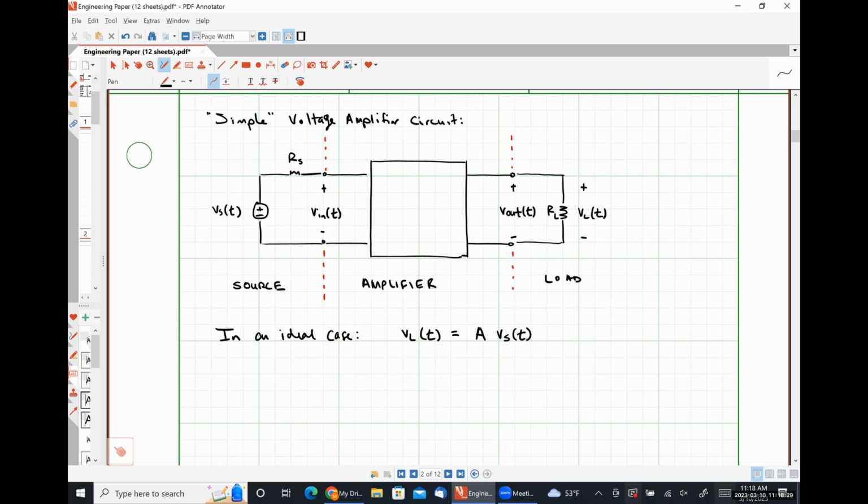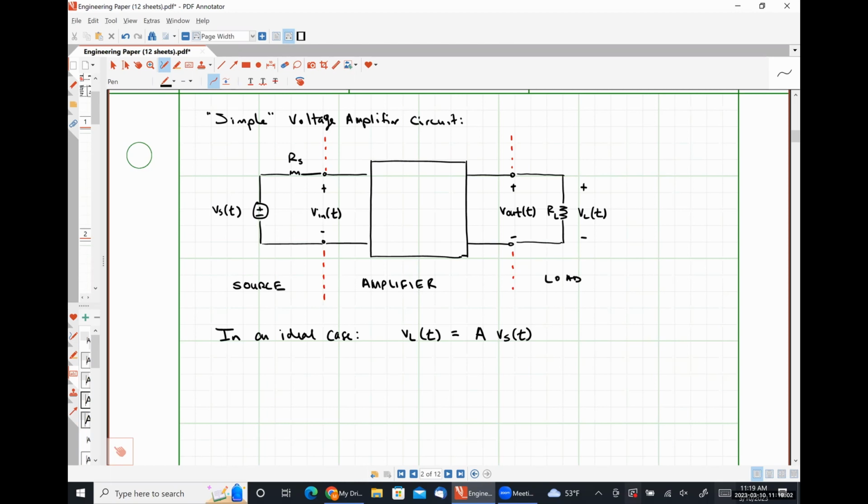Okay. So what we are going to do is develop here, just by using Thevenin and Norton equivalent circuits, or really Thevenin equivalent circuits and a little bit of knowledge, a practical amplifier model that will work for effectively any voltage amplifier, regardless of how complex it is. Okay. So before we do that, I want to show you why we need to use a simplified practical amplifier